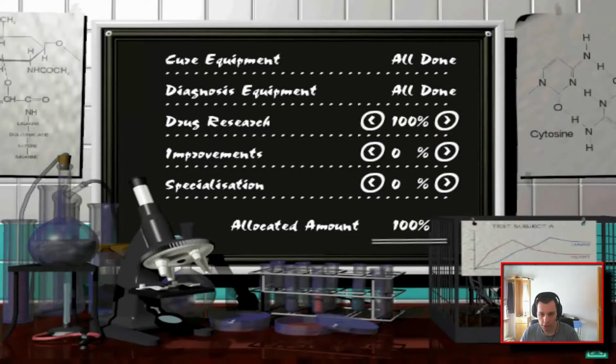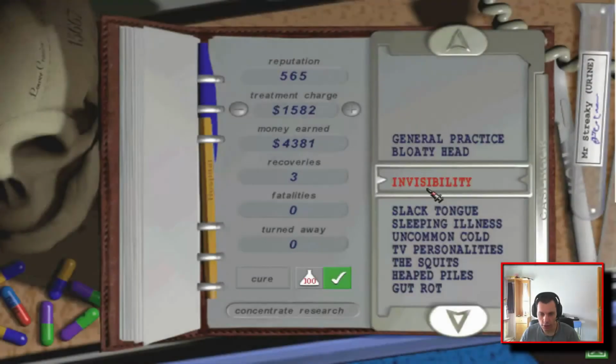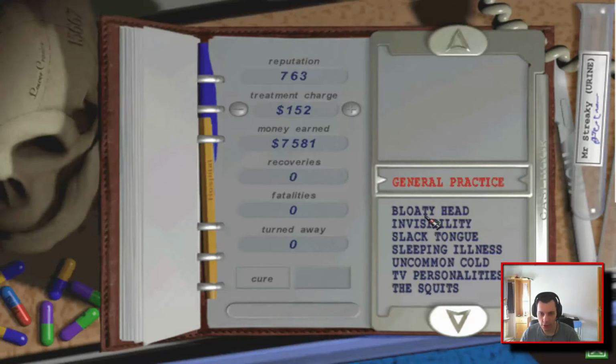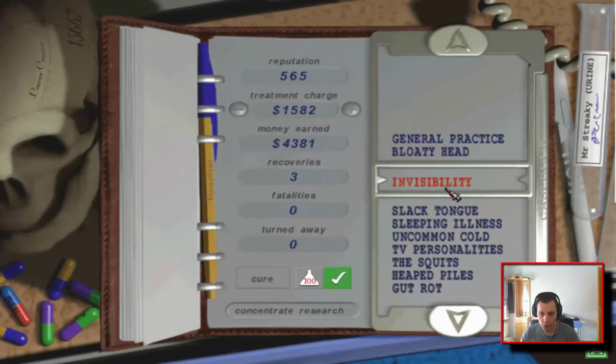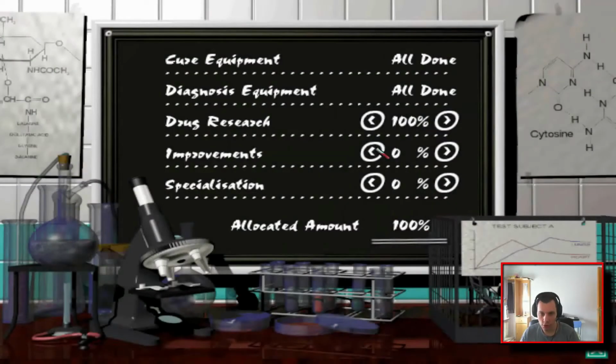You will notice here that the invisibility illness is the third in the list, but the other two, general practice and bloated head, don't have a medicine. This one does, and it's the first one that appears here that has a medicine, and it's 100% effective, which means when that happens, you shouldn't allow them to research drugs anymore, because they're just doing nothing. Instead, they should be doing research on improvements, which means that